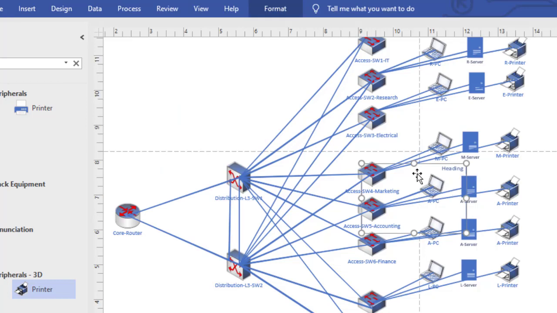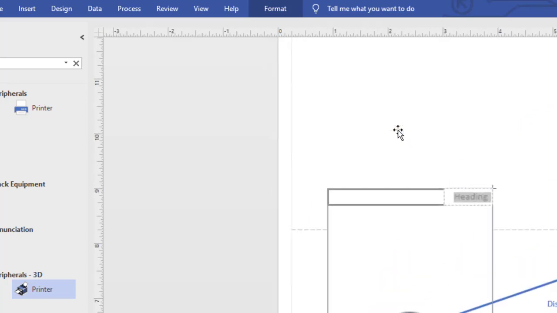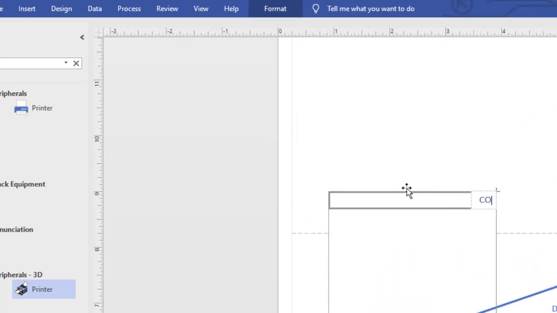I'll choose this one and drag it to where the core layer was. This is our core layer, so expand it just like that. Remember, this is our core layer, right? And type there core layer. Okay,